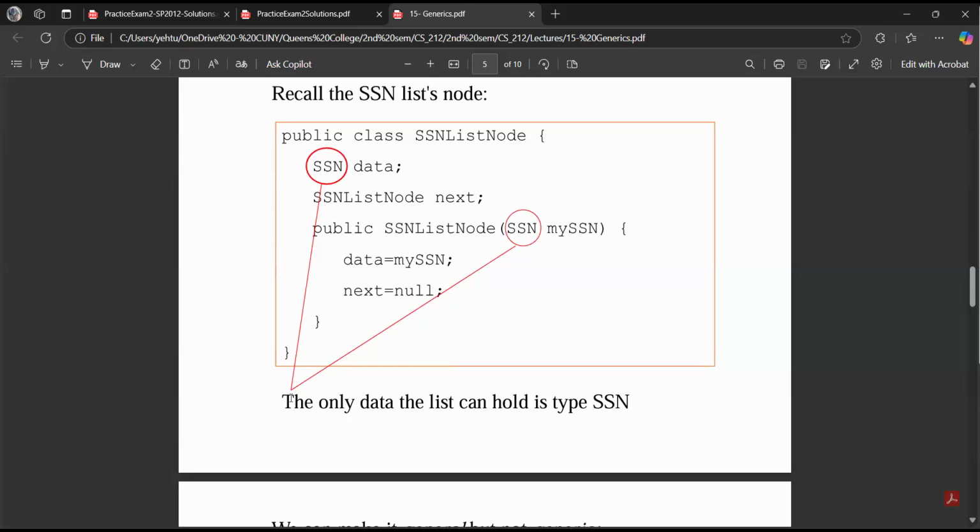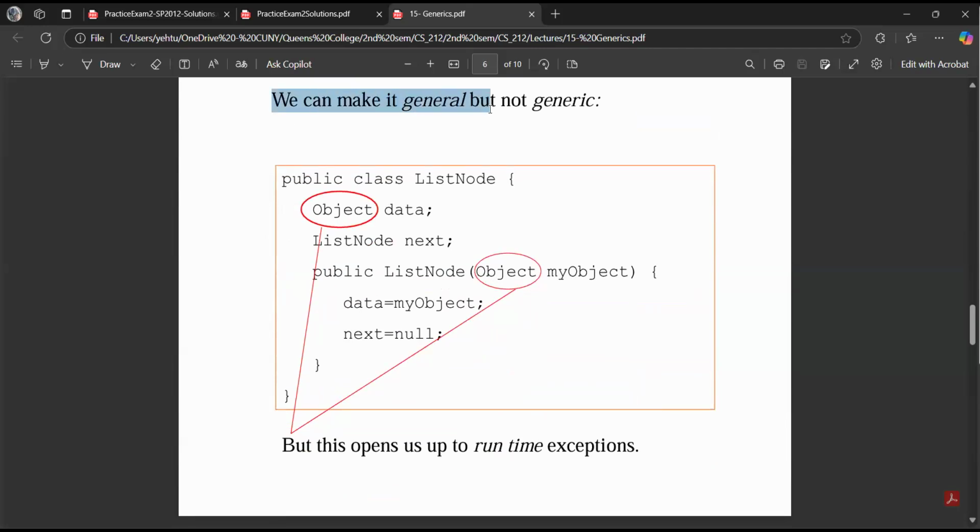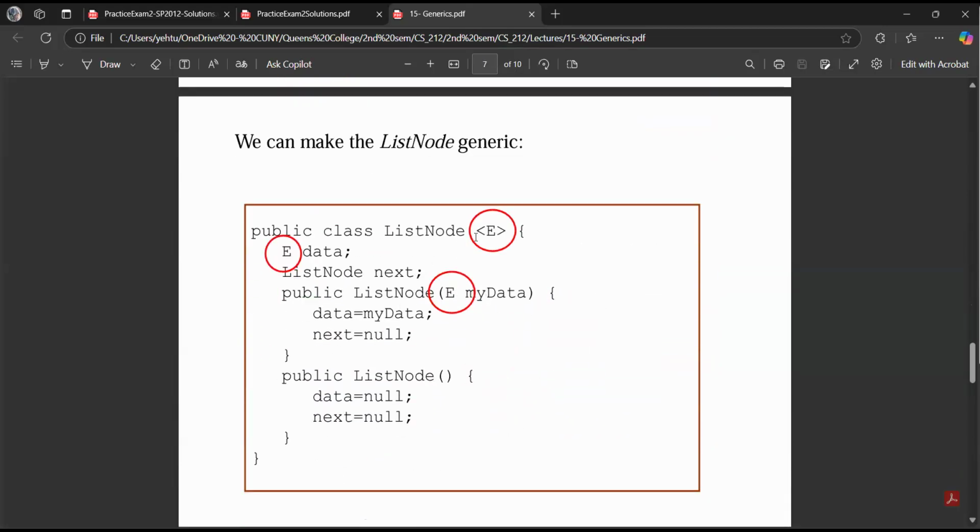In this class, the only data type the list can hold is type SSN. However, we can make it general, like Object. So this is very general. This opens up runtime exceptions. It can give you so many errors and headaches. So instead of that, we just use E as a placeholder. So generic is like a terminology. It's not a data structure. It's not an algorithm or something. It's just